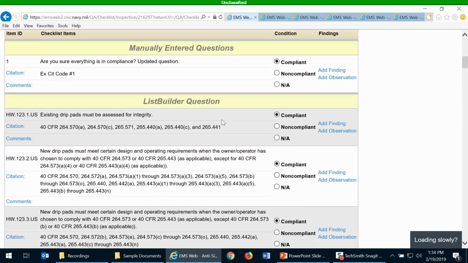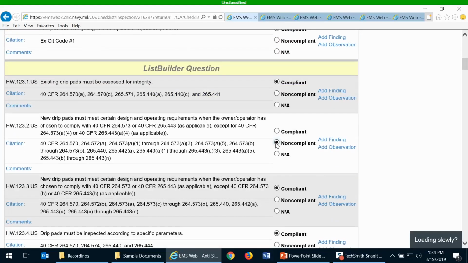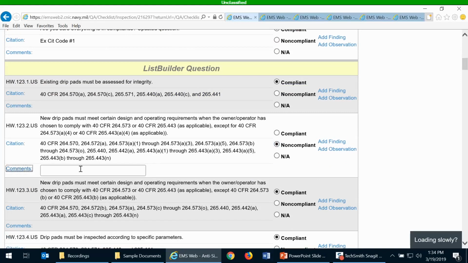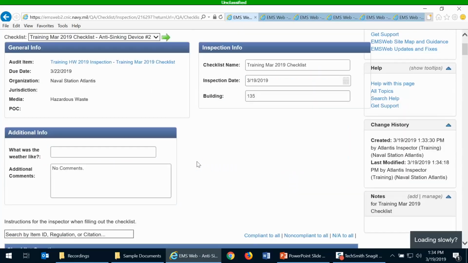Then I go down to the question that I know they're not compliant on, and I can change it from compliant to non-compliant, and I can enter in a comment. So I might say that a new drip pad was installed that did not meet the current design and operating requirements. Okay, and then I can save and finalize